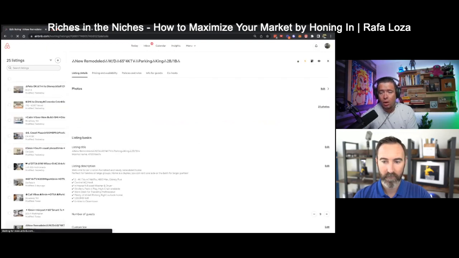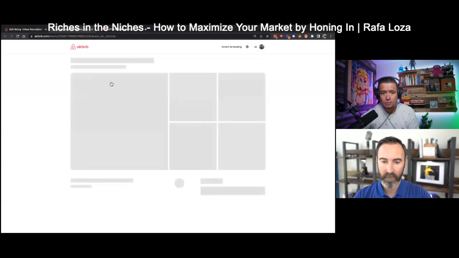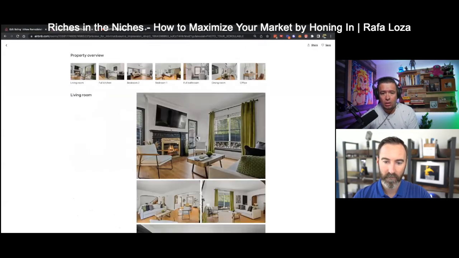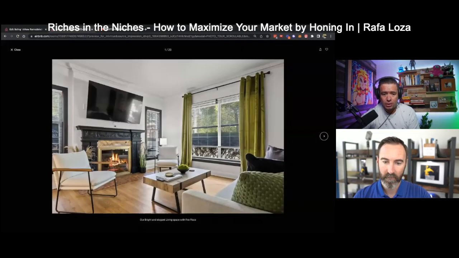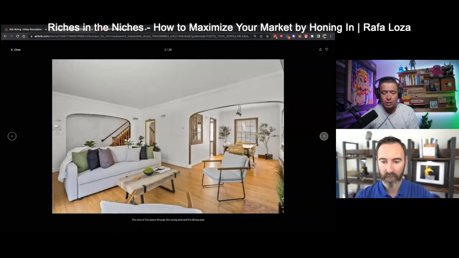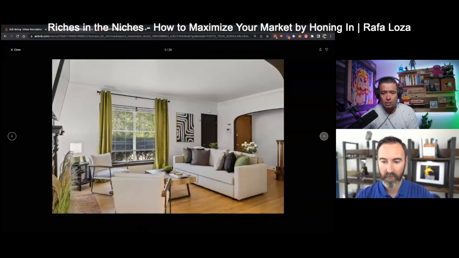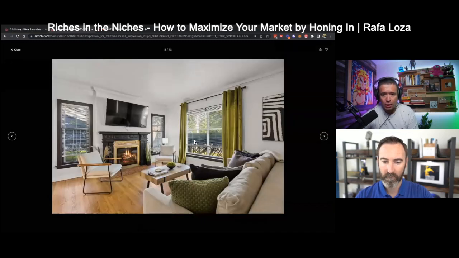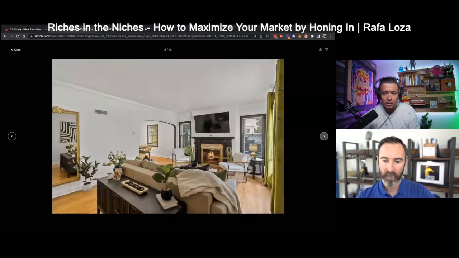So this is a Milwaukee duplex. This is one side to it. So this one's brand new. We just started it, but this is more of a classier style. This is one of the sides of the duplex. As you guys can see, I bring a designer in, they do their thing. I don't do any of the design work. I love this one because they did the black molding, the black fireplace, like everything was just perfectly picked. I mean, look at this place.